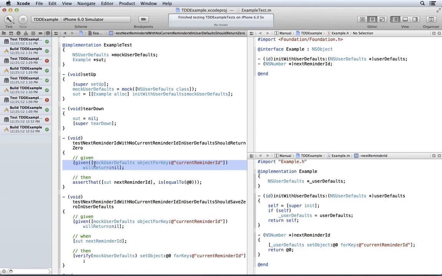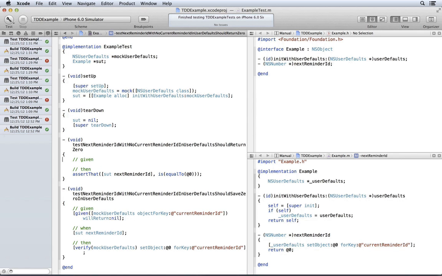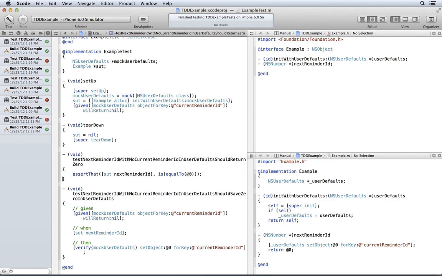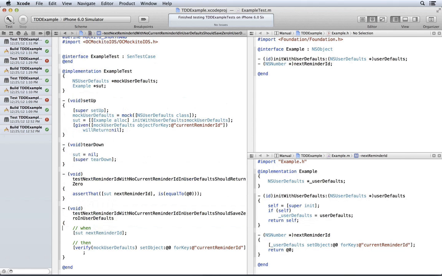You know what? Do I really want to keep that down there? I don't know. I don't feel good about leaving this after all, because I'm just anticipating the future, I need to live in the present. So let's get rid of that as well. There. Now look at the tests.